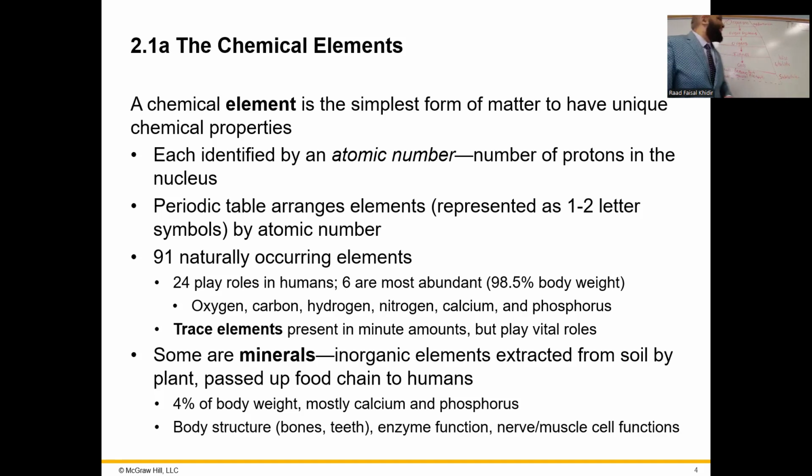That's why they call it the atomic number. That's why they call it the